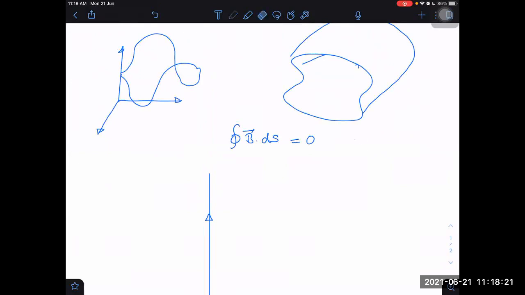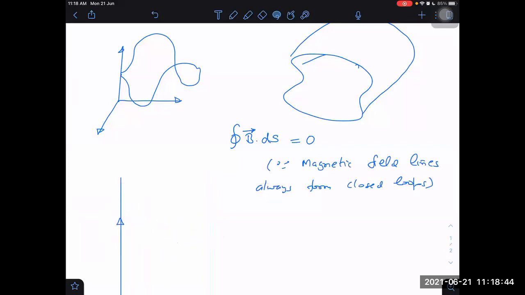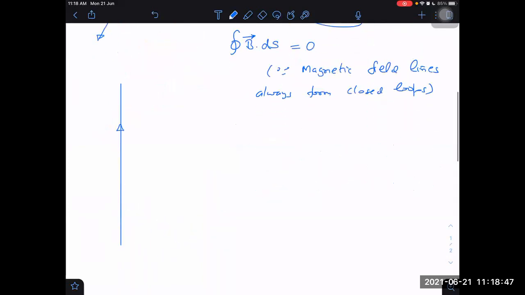We don't have a name for it actually, because it is a common understanding that magnetic field lines always form closed loops. And because they form closed loops, and we know magnetic flux, the way electric flux is represented, what is electric flux meaning? Number of electric field lines crossing through an area.